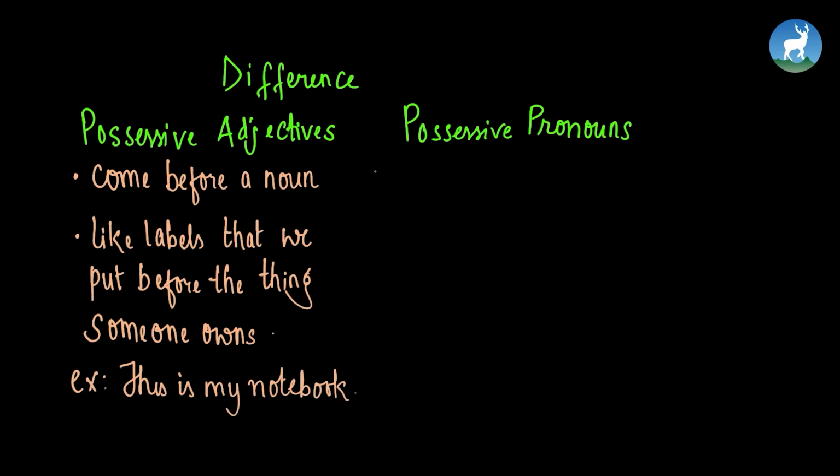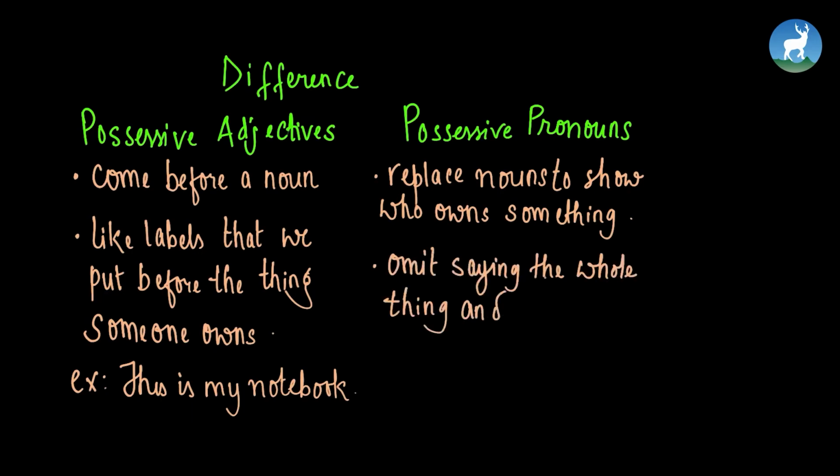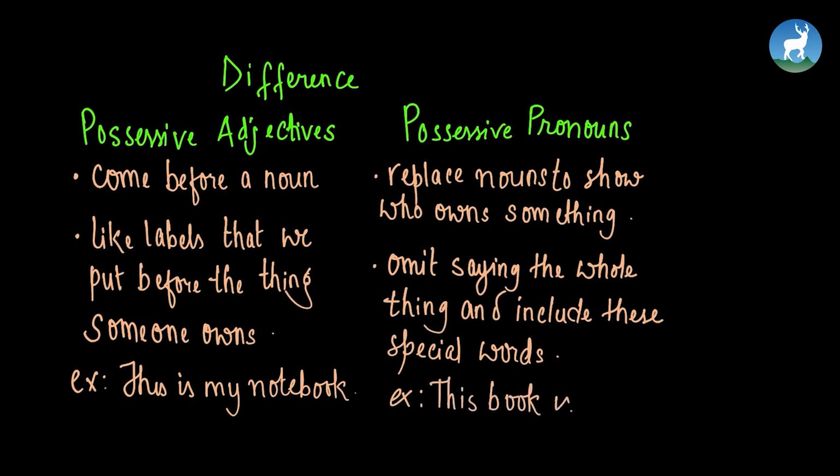How do you differentiate between possessive adjectives and pronouns? If a possessive adjective comes before a noun, then possessive pronouns are the words that replace nouns to show who owns something. So, possessive pronouns replace nouns. Instead of saying the whole thing, we just use those special words. We omit saying the whole thing and include those special words. So, let's again take an example for possessive pronoun. This book is mine. So, instead of saying this book is my book, we say this book is mine,